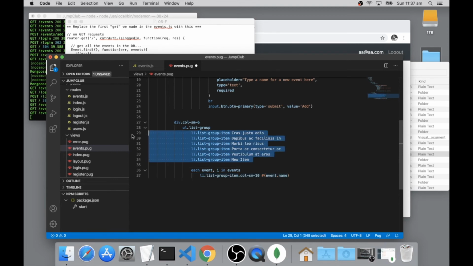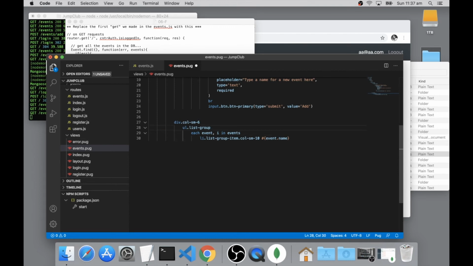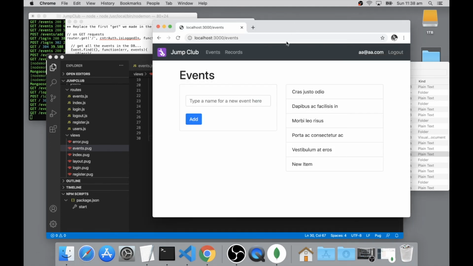All right, so I'm going to take out all of this stuff, make sure that we're tabbed in nicely. So this div owns the list group, and this list group owns the loop, and this loop owns the list group items. So if your code looks like this now, save it,